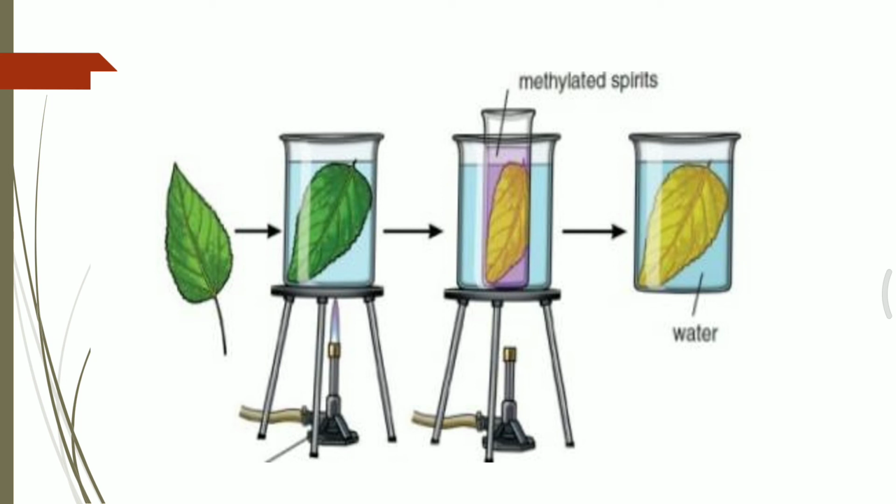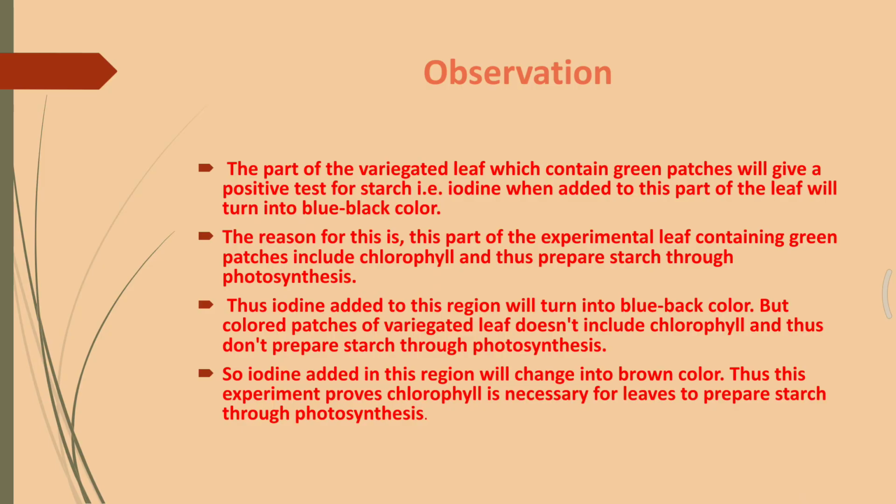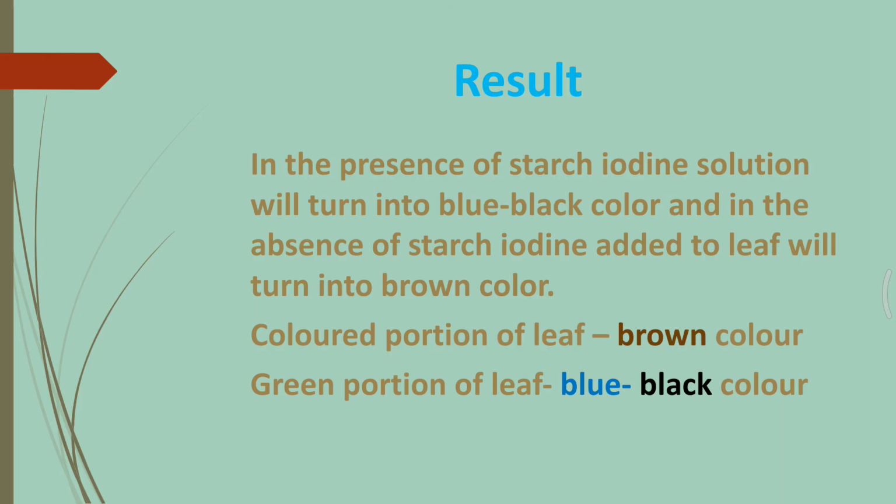After taking this leaf out from the water, we place it on a tile or a white surface and add some iodine solution over the entire leaf. The areas which were green and are marked in the outline of the leaf, you will see that those portions which were green have turned blue black, whereas the portions which were colorful, say orange or blue or brown colored, will not show any color change or will just become brown.